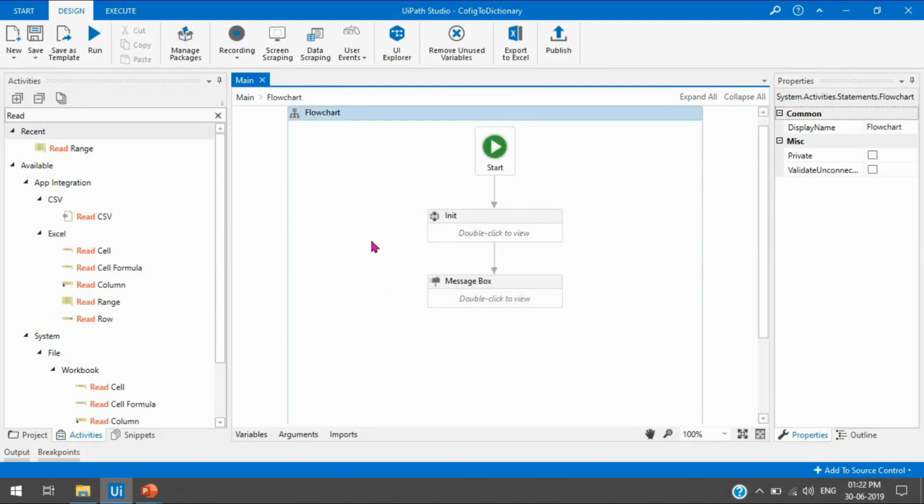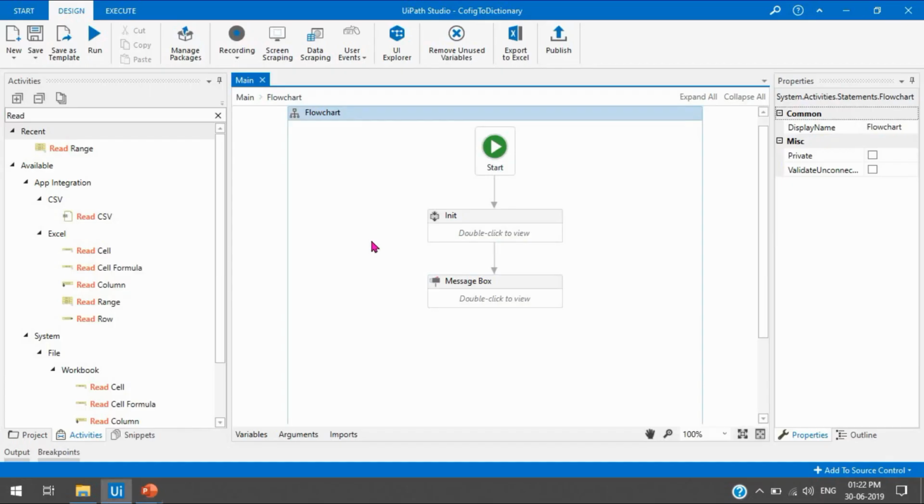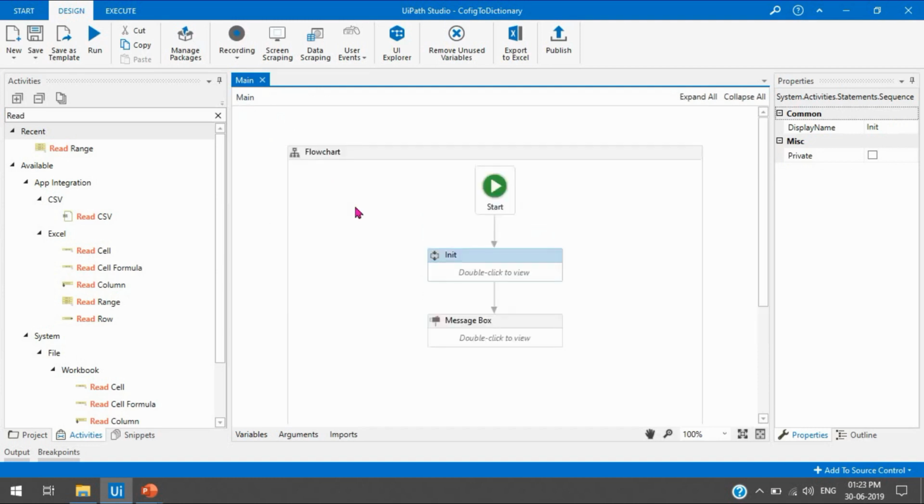Now the next thing, we need to learn how to access the dictionary in another workflow in the project. Currently we are using this dictionary only in this workflow, but if we want to use this key value inside the project in another workflow, let's suppose we have another workflow and we need to use that config dictionary value there, then how can we do it?